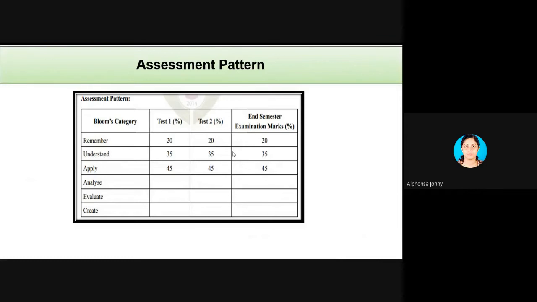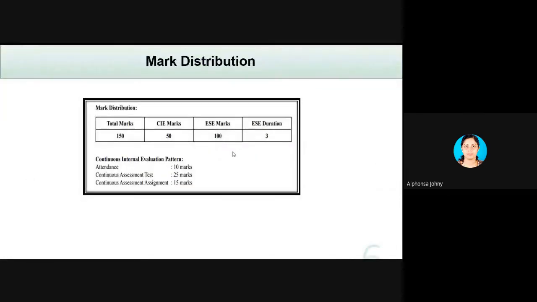The division of percentage of marks is same for both test 1, test 2, and for the final end semester examination. As we all know, the total marks is out of 150. 50 marks for continuous evaluation, and for end semester examination, it's 100 marks, and the time allotted is 3-hour duration. Next is the pattern of continuous evaluation. If you are regular in class and fetch more than 90% of attendance, you will get a marks of 10